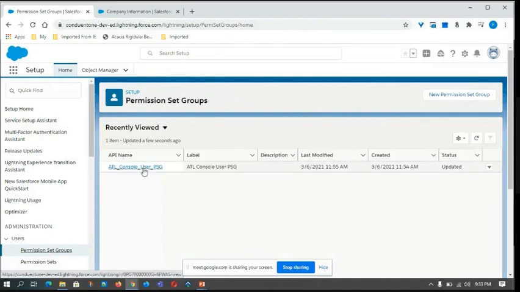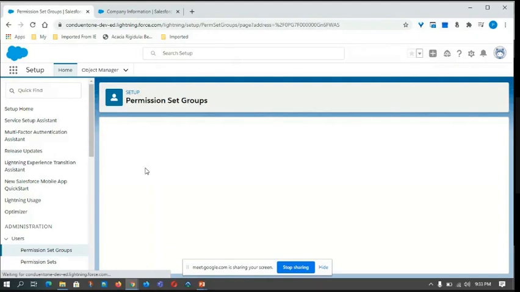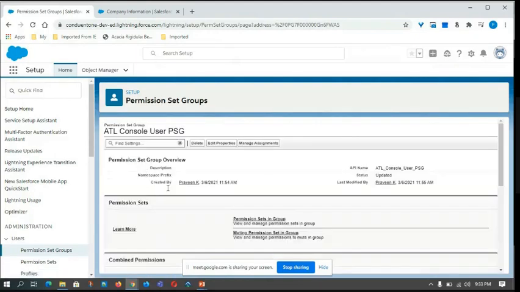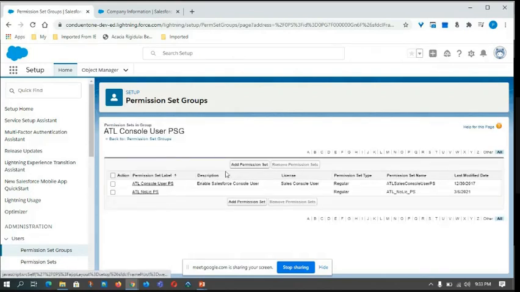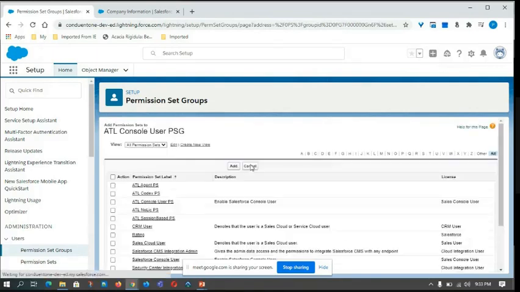I already created one. I can go here and open permission sets in group, click on this, and we already have 2 permission sets added right over here, and we can add more into that. Whatever you want, you can add.